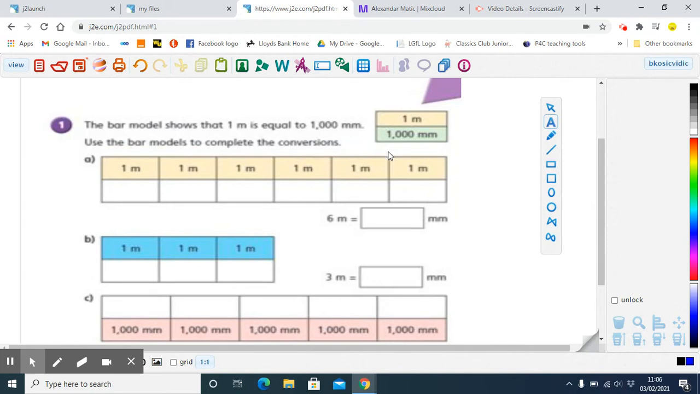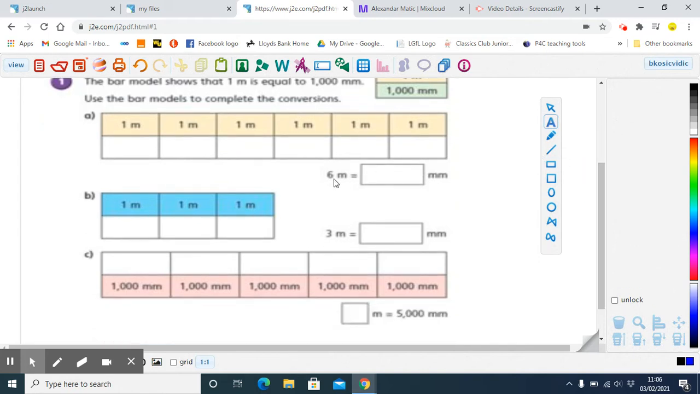Now, looking at your meter at home, you will see the smallest sections on your meter or on your ruler, and those sections are actually showing you how long 1 millimeter is. Now, if you put 1000 millimeters together, you're going to have 1 meter, so that's going to be the same. So just thinking about this conversion here,